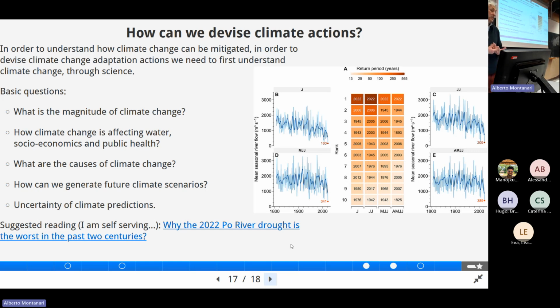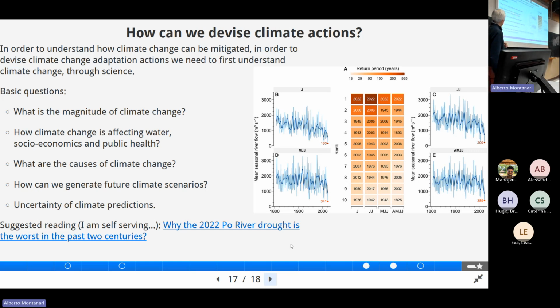This slide basically says what are the main research questions associated to climate change. So the questions are those that you see here. This is not a complete list. It is a bit subjective, but so, what is the magnitude of climate change? It is important that we know what we are talking about. And I have a motto which says, if you want to identify a solution to a problem, you have to know it. And knowing the magnitude is the first thing.